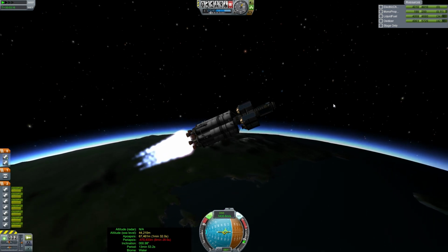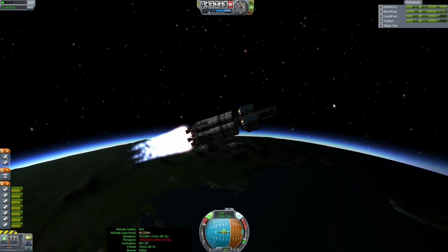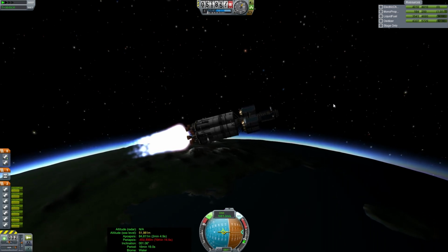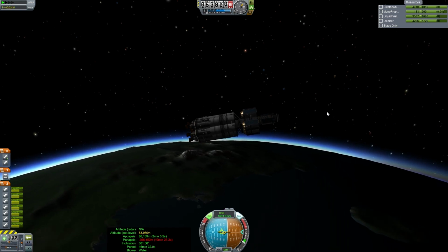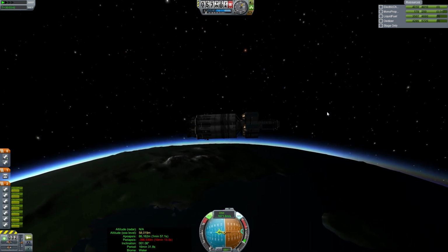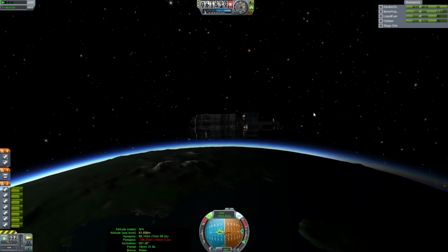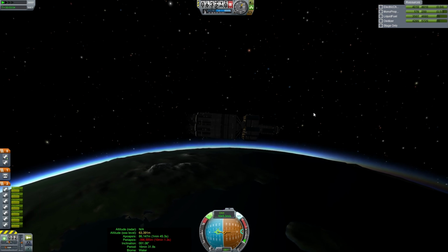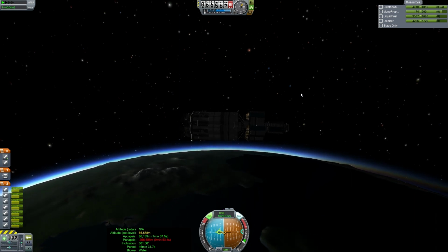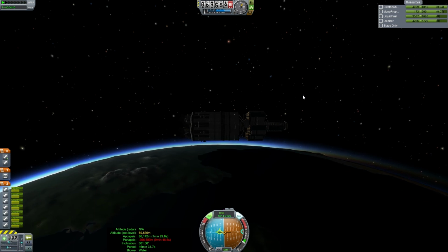So, there are various techniques I've read about for matching orbits. I know of one called... I don't know, there's various techniques, but the techniques I've read about mostly involve burning towards the target, then burning retrograde to match speed. I don't know if it's the most efficient technique, but it's one of the few techniques I'm actually familiar with. I watched a YouTube video back when I was trying to do some of my... I have docked a ship in Kerbal Space Program, but it's been quite a long time. And I gather the game's changed quite a bit since then, so I'd rather not go in completely blind right now, so...